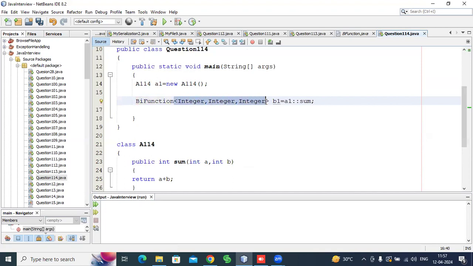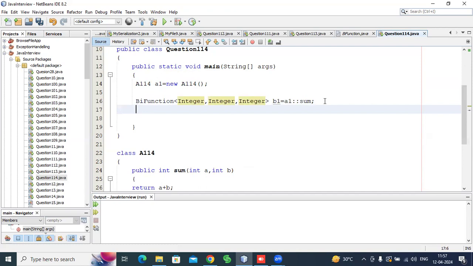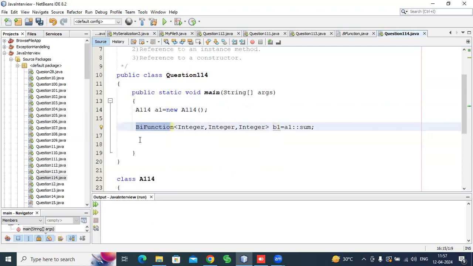We write the parameter list here; we could also write Float or Object. Then we can use the reference of this BiFunction interface, coming from Java 1.8. This is a feature of 1.8.